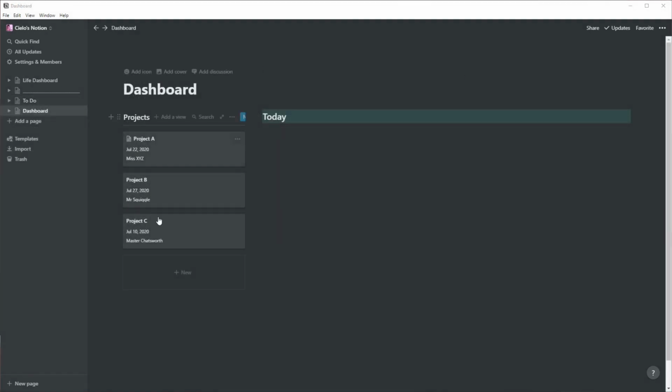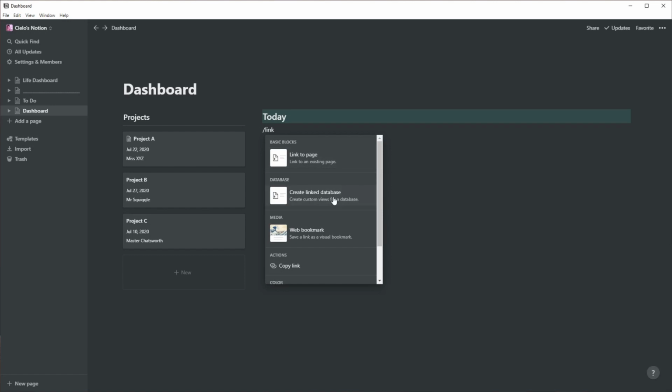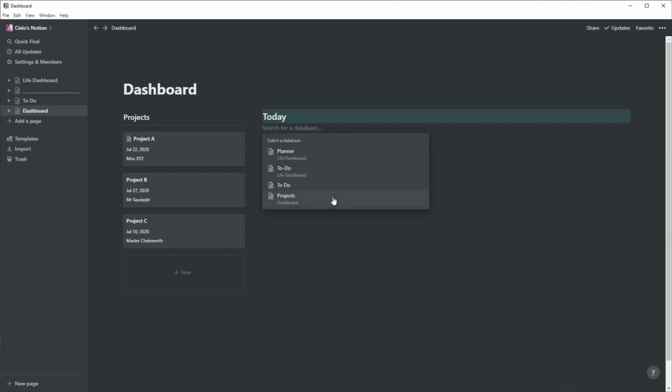The next thing we're going to need is an overall dashboard page. I've already set up an inline gallery here with some project cards for each of the sample projects that we've got. And over here is where we're going to house all our daily tasks that are pulled in from the projects. So under here, I'm just going to type /link, create link database. I'm going to choose the table that we created earlier,